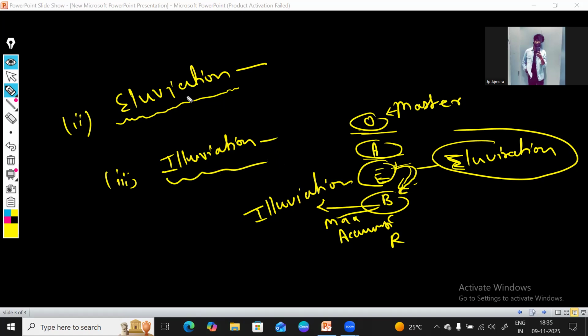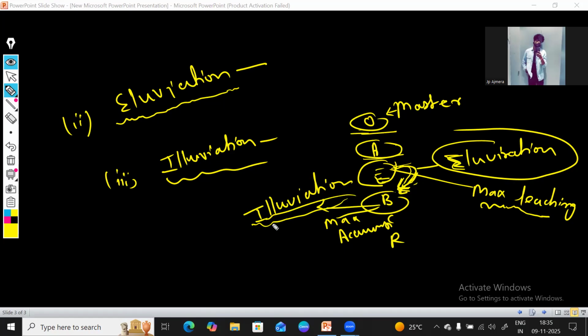Okay, so what was eluviation? Eluviation is the removal of soil constituents from the E horizon with water. There may be different processes, but this is the removal from the E horizon. That zone is also known as the zone of maximum leaching, because things are going downward through the water by any agent, but we are not talking about the agent right now. So they are leached down and removed from the E horizon. That process is known as eluviation, and after that they are accumulated in the B horizon.